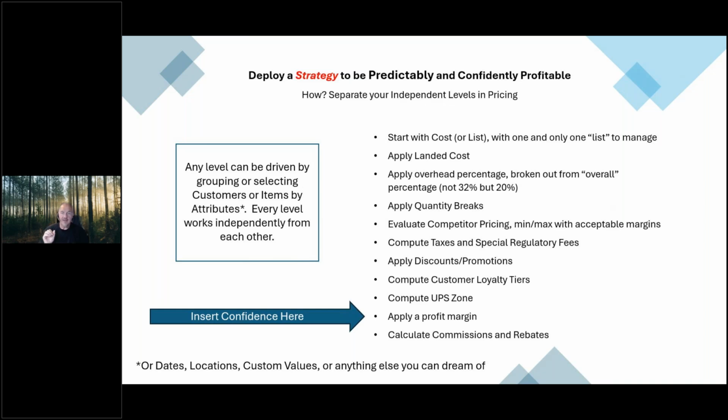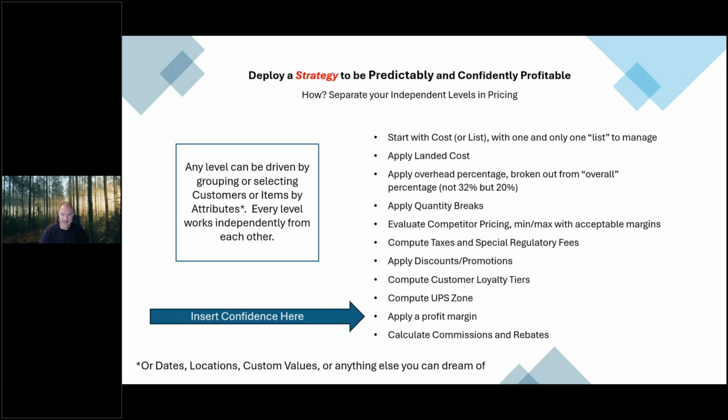And keeping in mind that every single level in behavior is an independent calculation that gets you where you want. And the magic is you put your profit margin at the bottom. That's where you're putting your confidence in your predictable profitability. And so by doing that at the end, you can say, look, with all of this going on, I need to make 5% profit. I need to make 10% profit, whatever that profit margin is, that makes you stay in business and want to